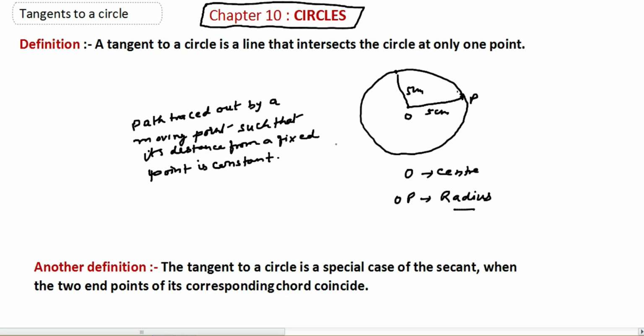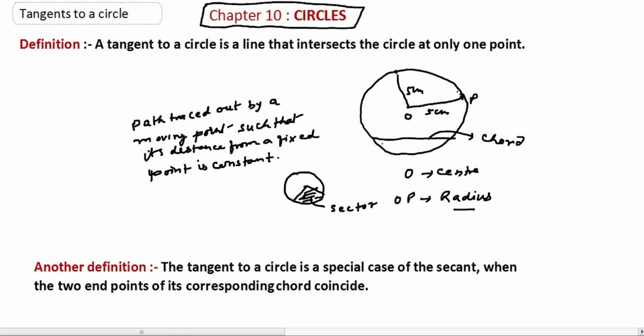There are a lot of parts of the circle, like this line segment. This line segment is called a chord of the circle. And if you take a center O and from here take two radii, one radius is this, and this part is called a sector. We have already done this in class 9, the sector.